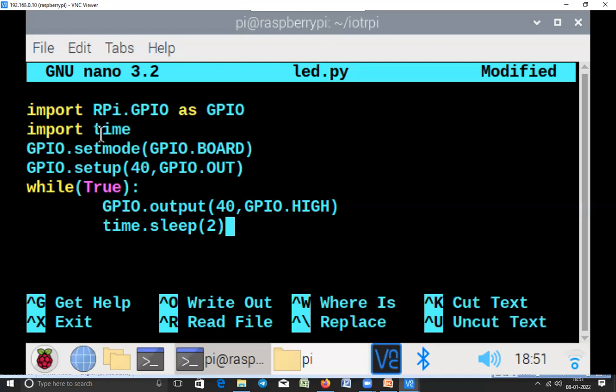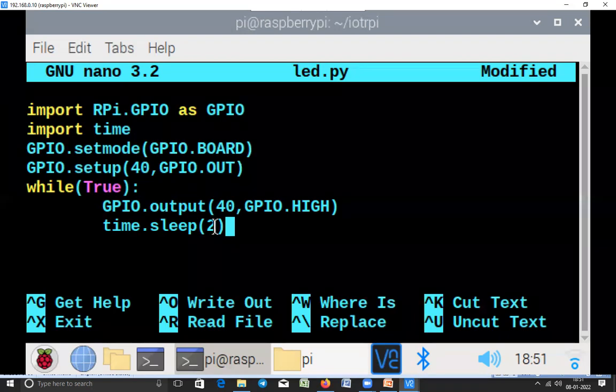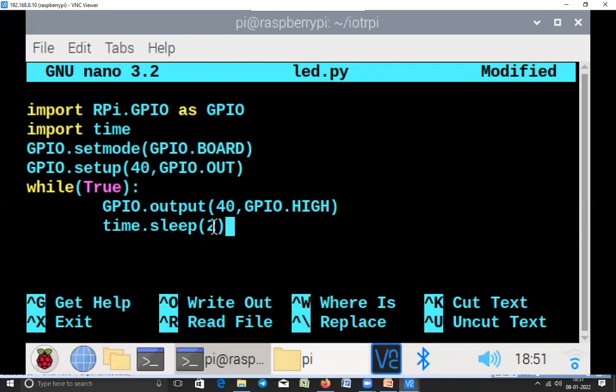Already we have imported this particular time module. We are going to use that sleep method to provide a 2 seconds delay. So if you provide 2, that is actually 2 seconds. If you provide X, that is X seconds. Remember it takes in seconds.